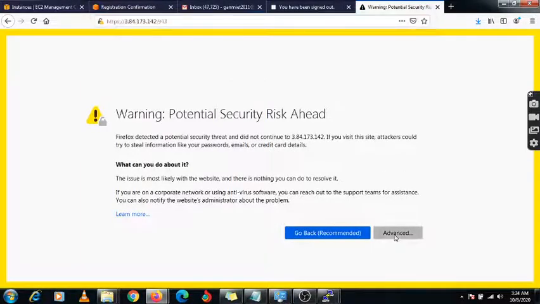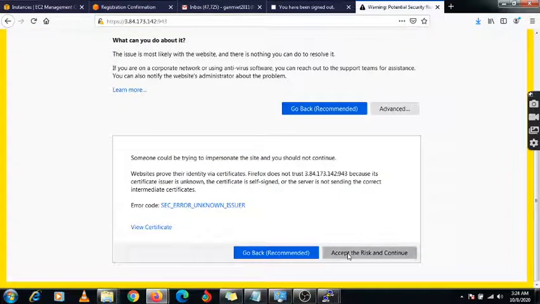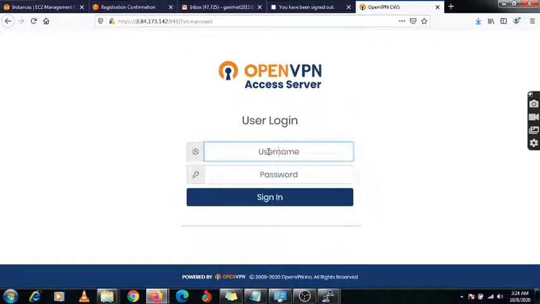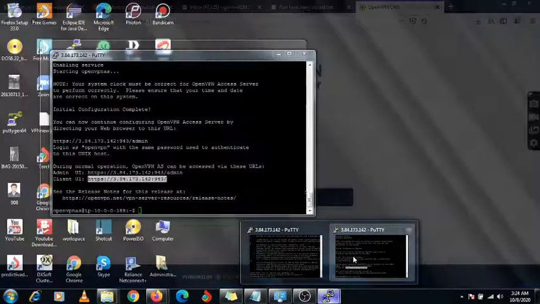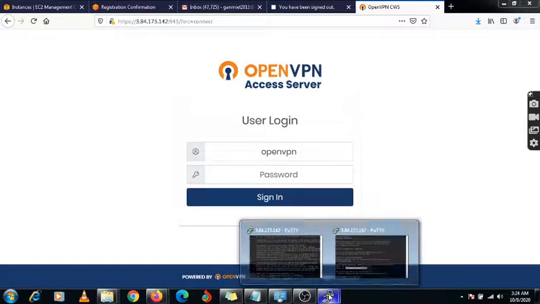Now it's showing the advanced option, accept the risk and continue. Here it's asking for the username. So here is the username you will get, that is openvpn.